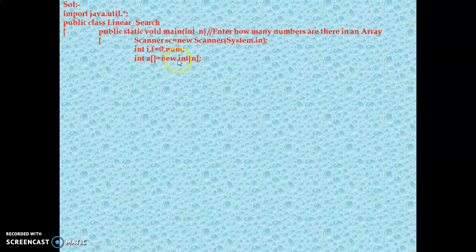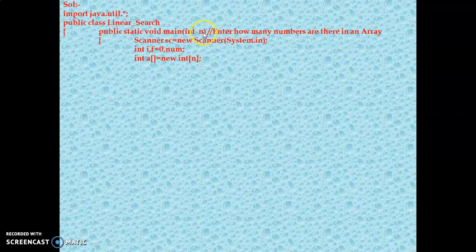Just write down the type of the array, and then inside the third bracket you mention the size of the array, or the number of elements you want to insert in the array. Here no fixed value is mentioned in our question paper, that's why n number is mentioned.